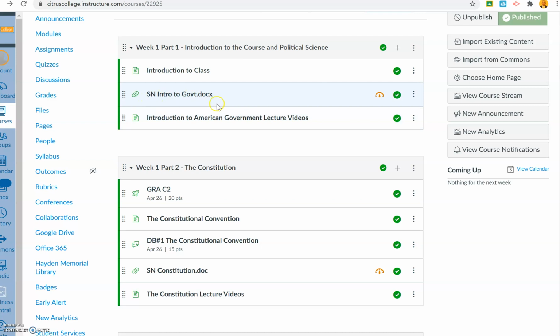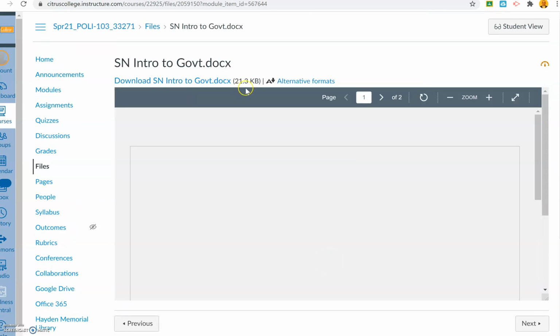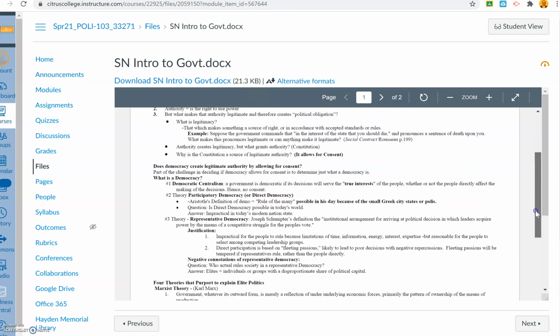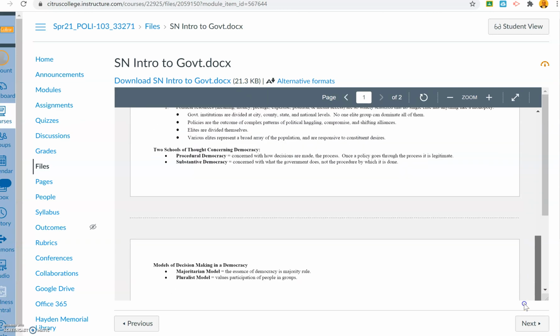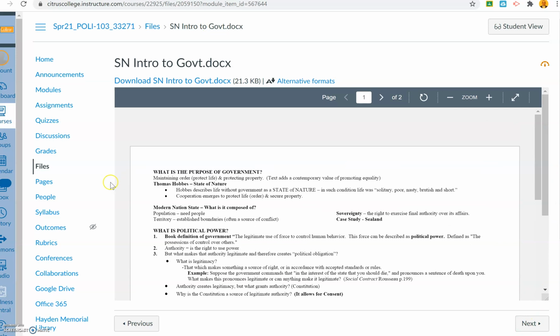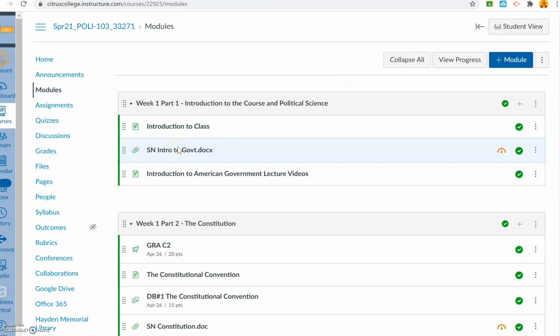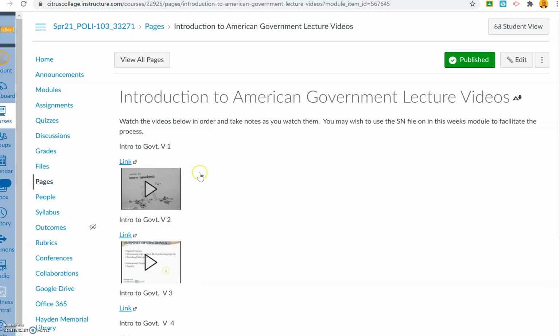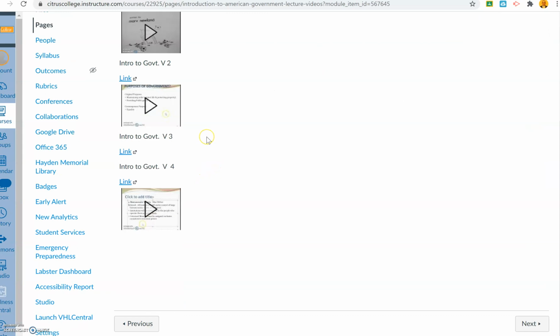The information I'm covering that half week, there are SN Intro to Government Doc. That stands for Student Notes Intro to Government, and this is in a sense an outline of the things that I'm going to cover in the PowerPoint lectures. All right, now let me just back out of there. So what I recommend is going in here, printing this document, and then going to the videos, the lecture videos for that week. So if you come in here, what you see is here are the lecture videos for this